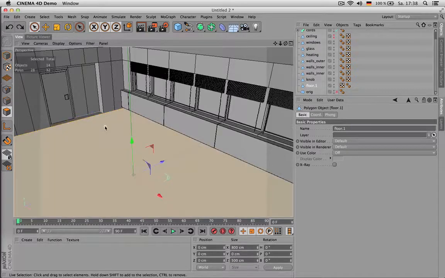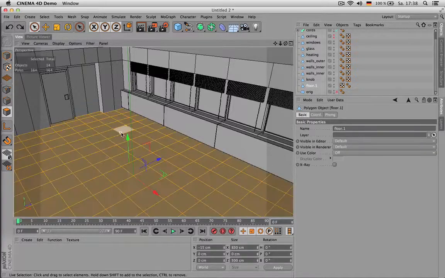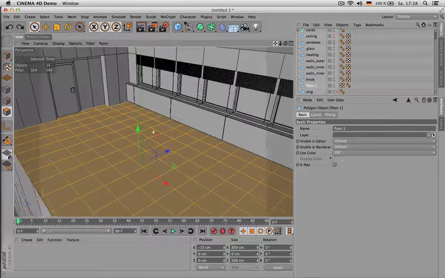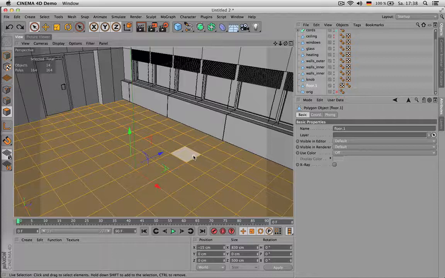Or I can go back and, by the way, if you ever want to create an outdoor scene, like maybe this is not inside an office but in front of it, then you could just use such a